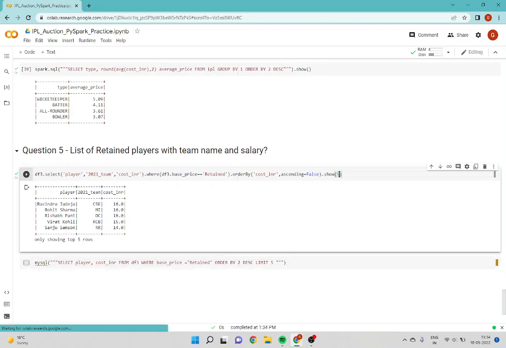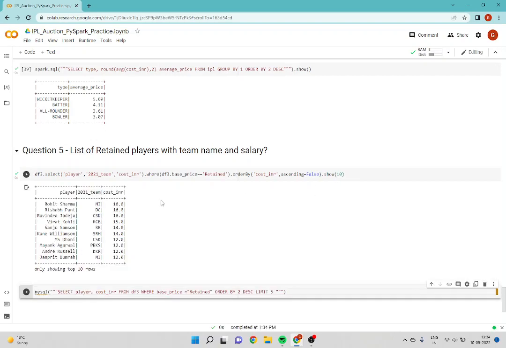And let's check actually the top 10. Who else was retained? Kane Williamson, MS Dhoni, Mayank Agarwal, Andre Russell, Jasprit Bumrah. So, okay, let's not discuss cricket, and I'm going to finish it by transforming the last one, and I'm going to change the name of the column, IPL, and